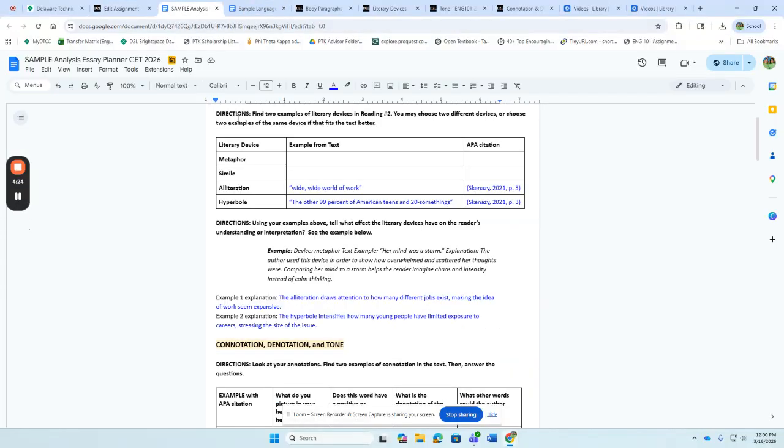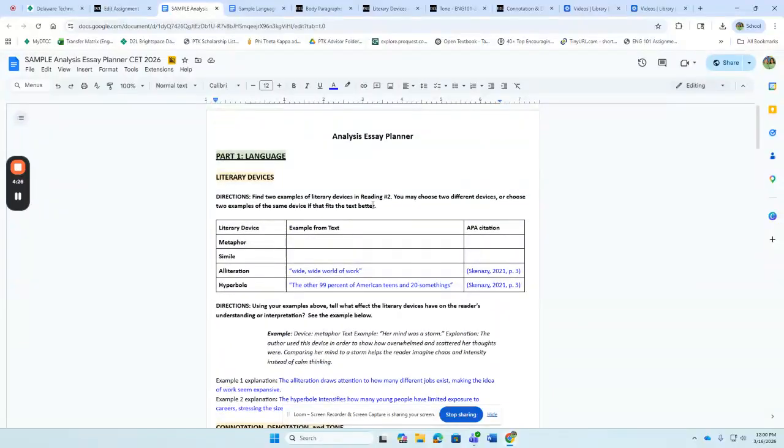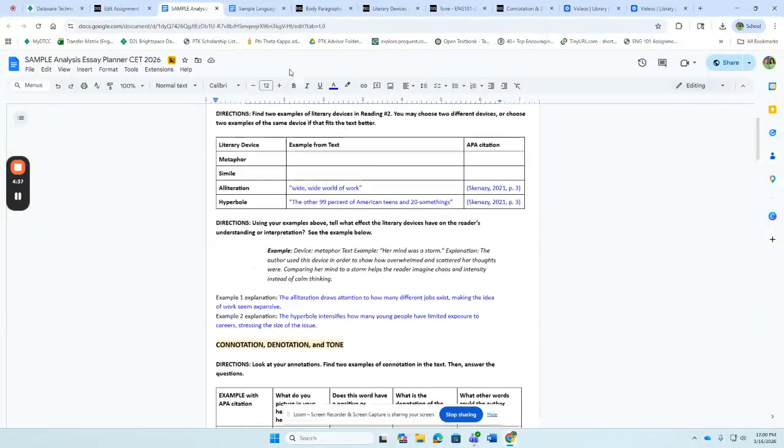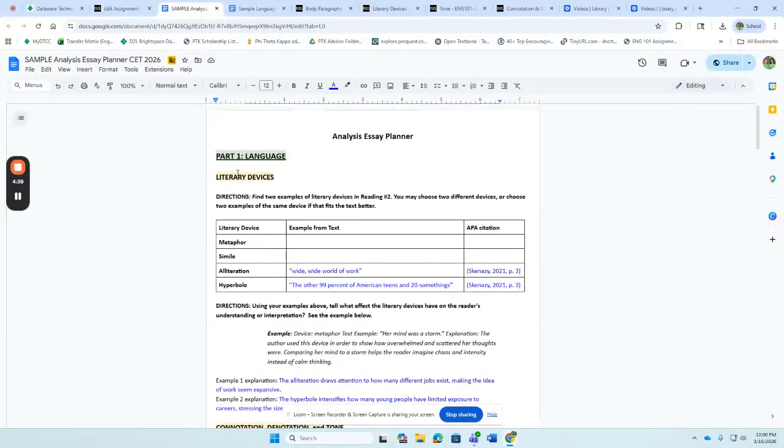The first thing that you're going to do is notice the following. First, you're going to be creating a claim sentence, then give your examples, then provide the tie-in. I'm mousing over these different areas of your planner right now to show you what that's going to look like. So the first thing that you're going to do is take your concept and create a claim from it. The author